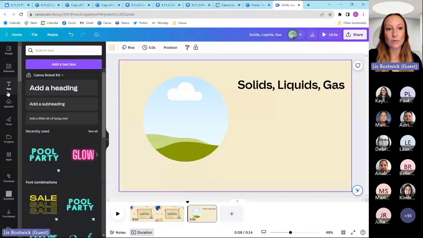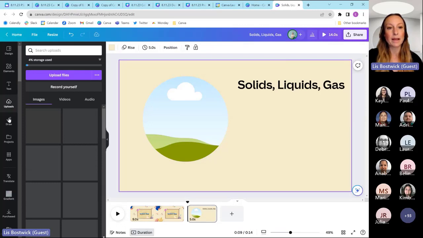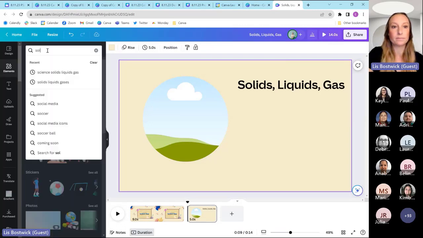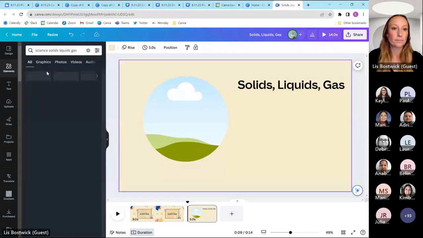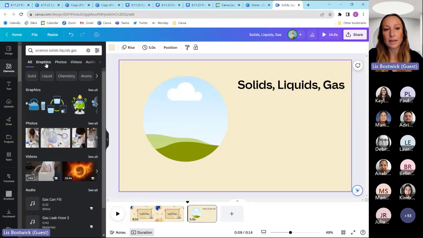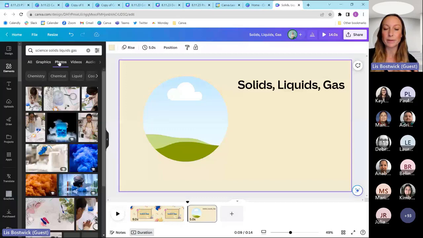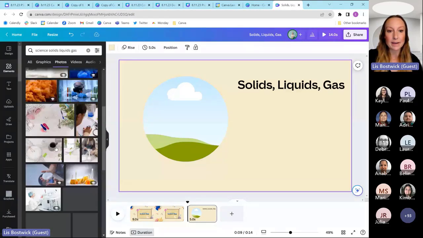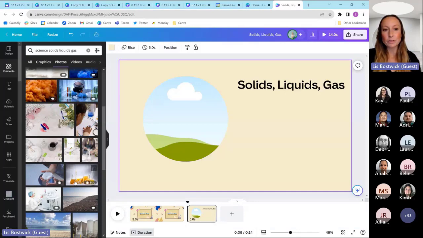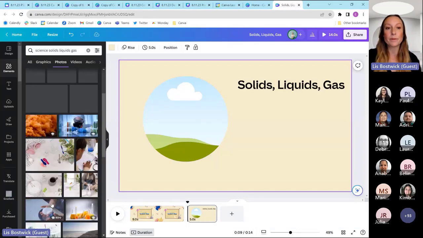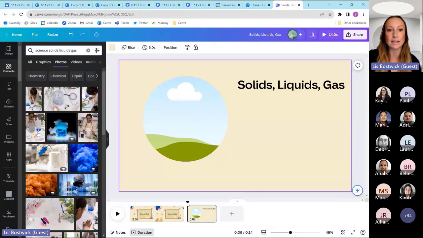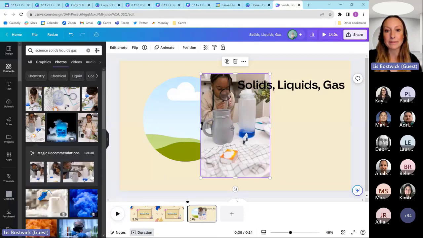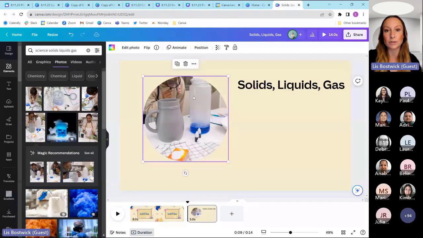And let's now go back to my elements and let's find something. So from here, let's say I'm a student in the classroom and I'm creating a video sharing about my science. The students could be creating their own video, but they could also be finding some things in here that might make sense to them, something that they're doing in the classroom.